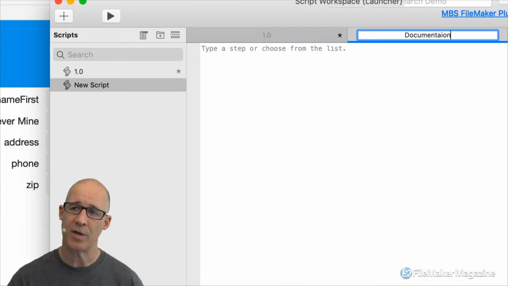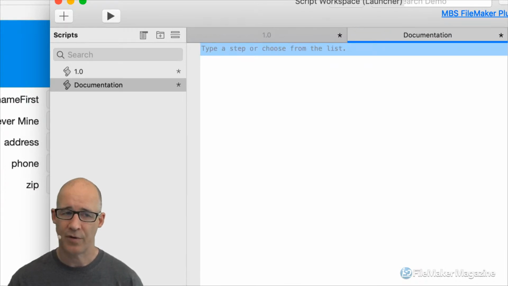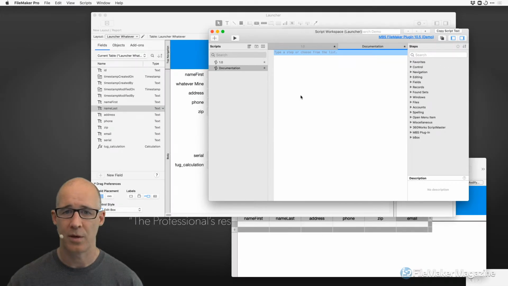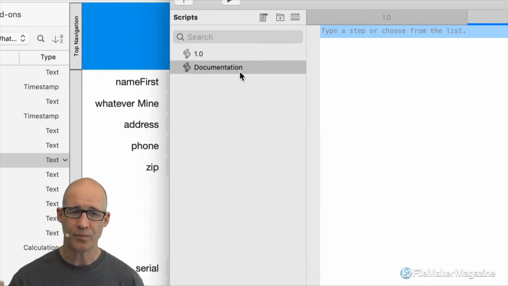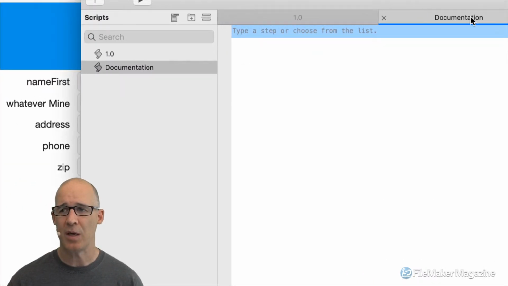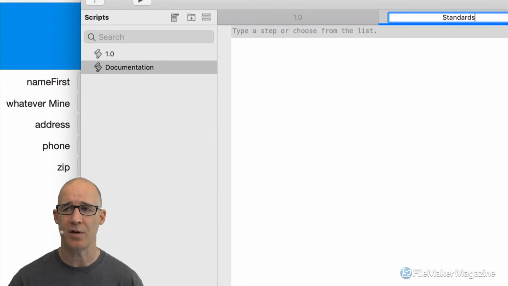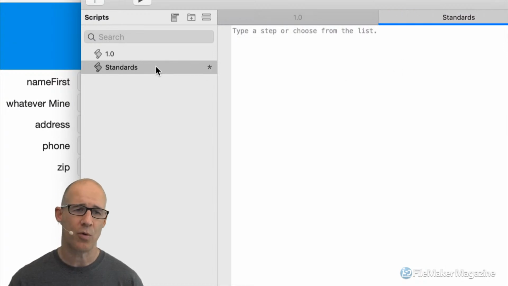Let's scroll off here. Documentation. If I misspelled that, then you can get me on that. But that's where I'm going to have this. Now, documentation, this can be standards. If you're working with a team and you want to convey those standards,